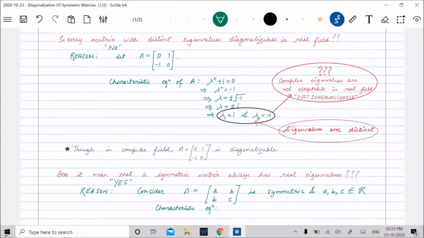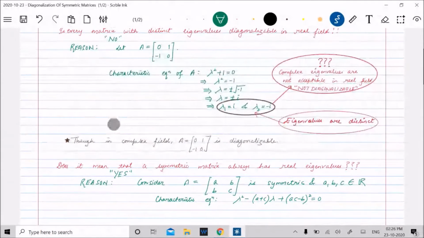Equation, and that is lambda square minus the trace of this matrix, A plus C, times lambda, then plus the determinant of this matrix, AC minus B square, equal to 0. So this is the characteristic equation. And since it's a quadratic equation, and you know that for a quadratic equation,